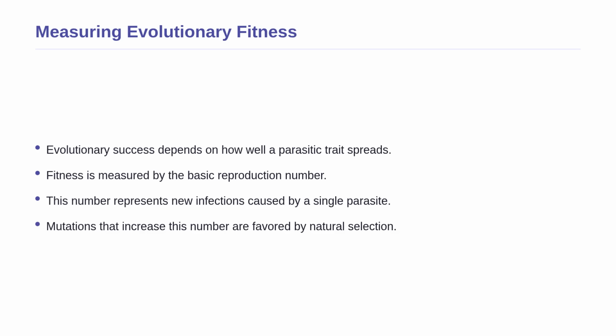Understanding why we study this brings us to the question of how we measure their success. To truly understand how a parasitic trait evolves, we must look at how successful a parasite is at spreading. In evolutionary biology, a parasite's fitness is often measured by its basic reproduction number. This number tells us how many new infections a single parasite will cause in a completely susceptible population. If a genetic mutation increases this number, that mutation will be favored by evolution. It will then spread rapidly throughout the entire host population.